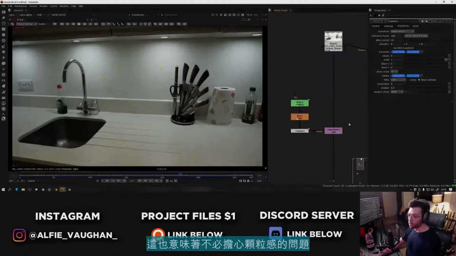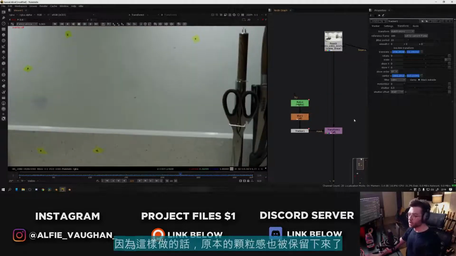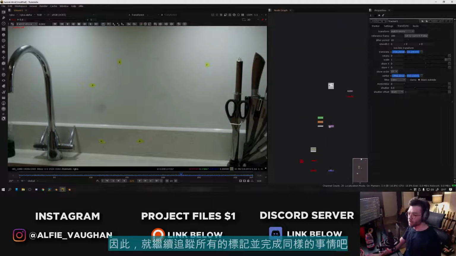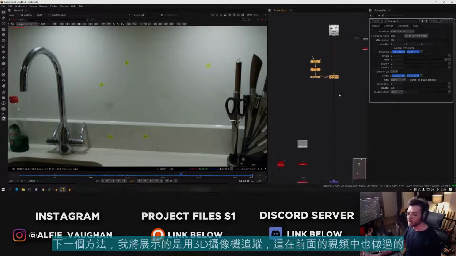It also means you don't have to worry about the grain, because the grain is preserved by doing this as well. After this, it would just be rinse and repeat, so I would track all of them and do the same thing. The next method I'm going to show is using the 3D camera track, which I did in the